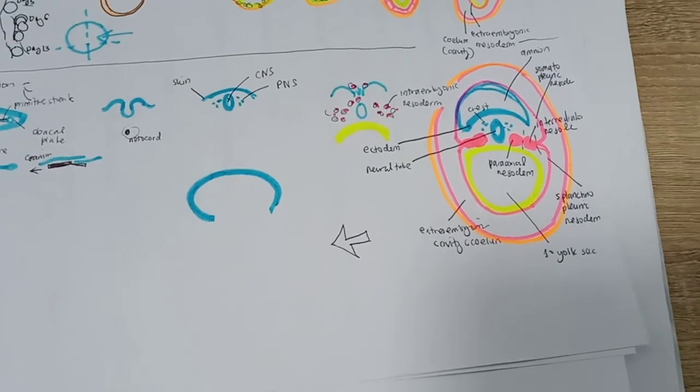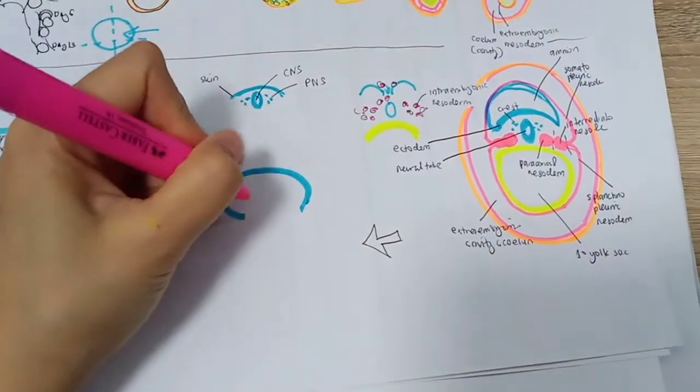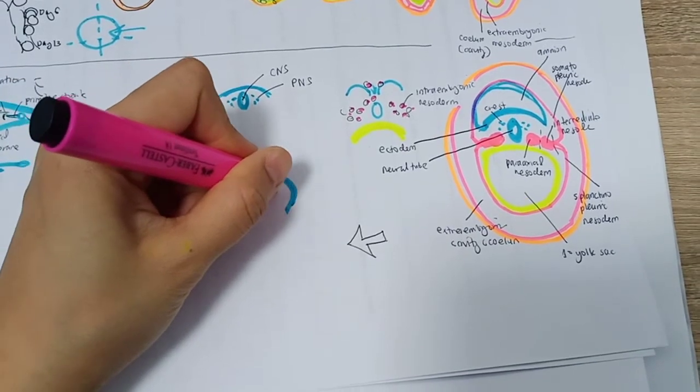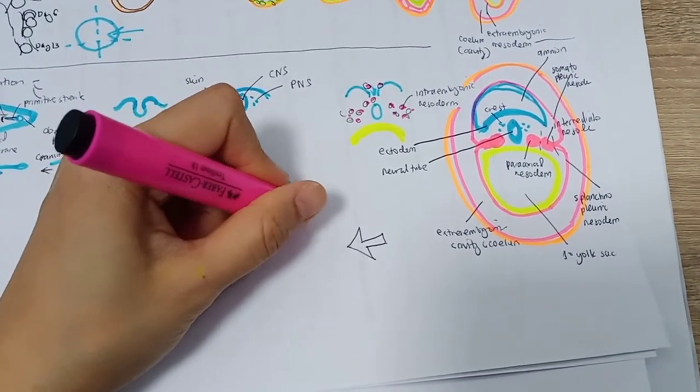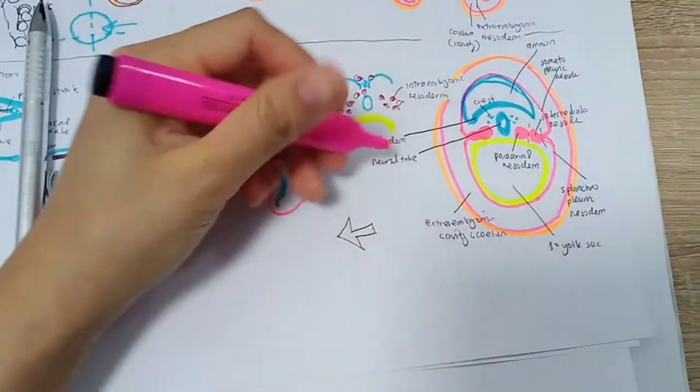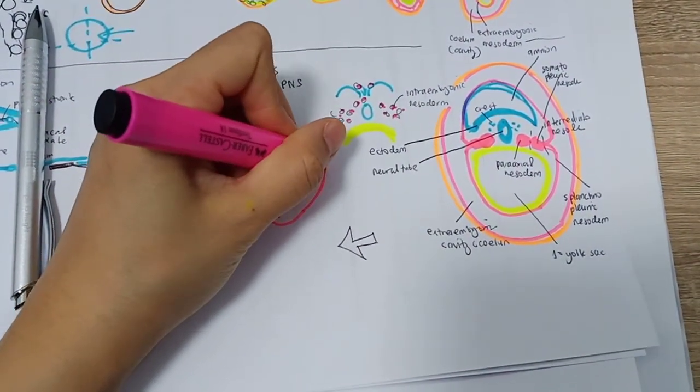While the mesoderm will follow, so this is the heart, and this is the blood vessels, and you have the stalk that connects with the placenta,